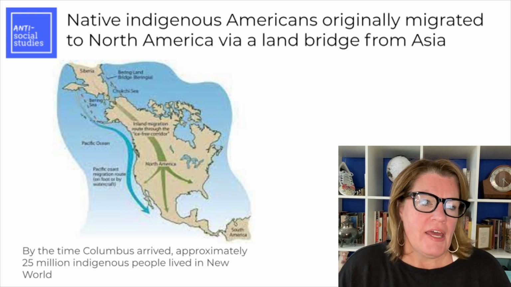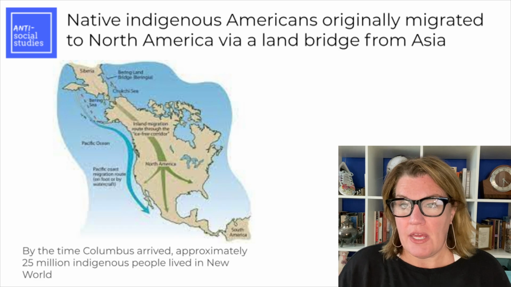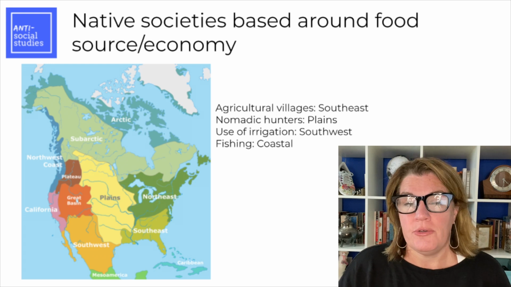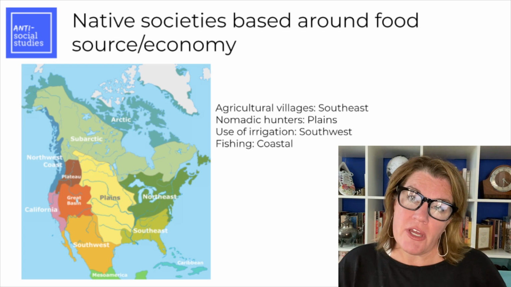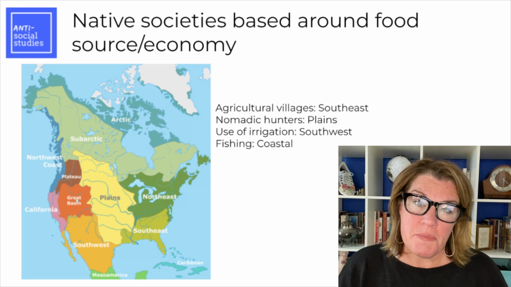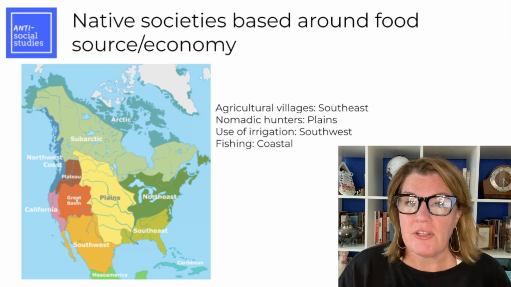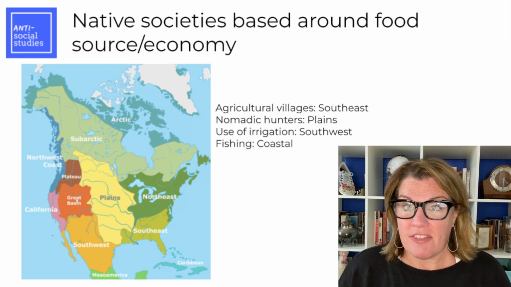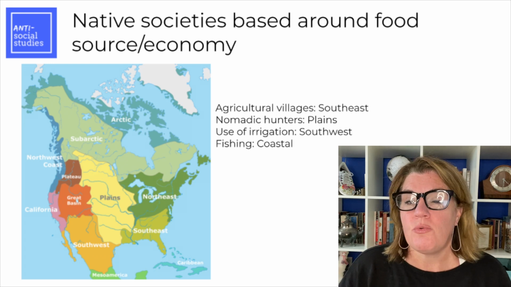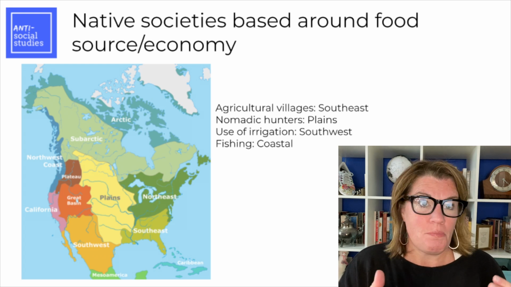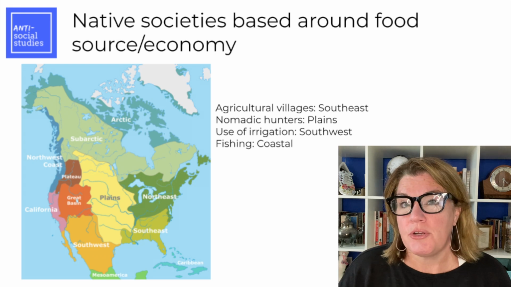There were people there. The native indigenous people in North America based their societies around the economy. So how could they get food? How are they going to survive? If you look at the map, there were villages in the southeast. They were able to plant crops. That meant that they could be fairly sedentary. They weren't going to be roaming around looking for their food source. Compare that to Indians on the Great Plains, and they were nomadic. They had to follow the buffalo. They had to go where the food was, and the food had four legs, and it was always running away from them. So they were pretty migratory groups of people.